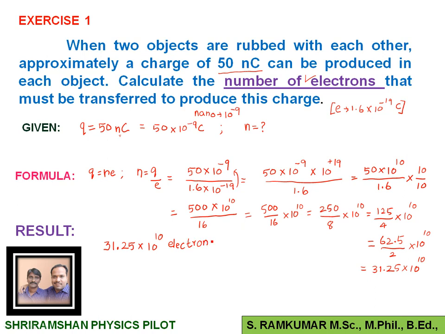So in both the problems, that is the exercise as well as the example problems, the value is changed. In the first problem we saw Q equal to 1 coulomb was given. In this problem Q equal to 50 nanocoulomb. Now instead of nano, the micro, 10 power minus 6 and such values, you already know.